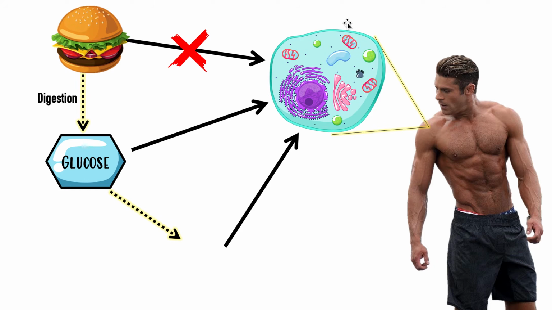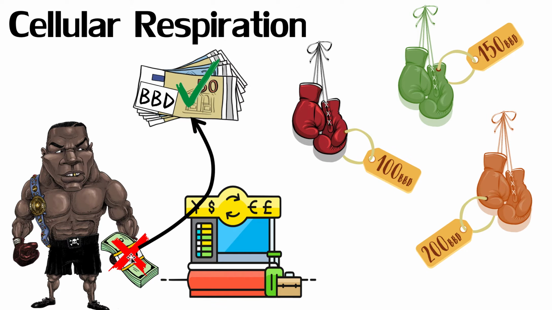So now we've broken down that burger into glucose, a small enough version to be absorbed into our body, but this is also not the right currency. Our cell does not use glucose to pay for things. It does not use glucose itself to make everything happen. So we're not quite there yet. So now we're still in the wrong currency. So what your body is going to do is convert it into the correct currency with a process called cellular respiration. So we're going to turn this glucose into the correct currency, just like Mike Tyson used this little machine to turn his dollars into the correct currency, the big brain dollars, okay?